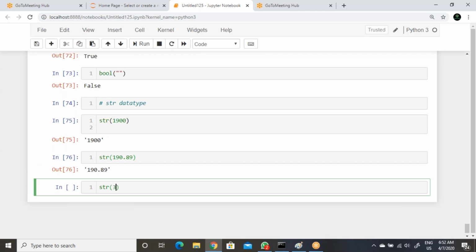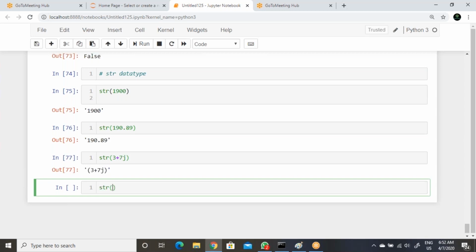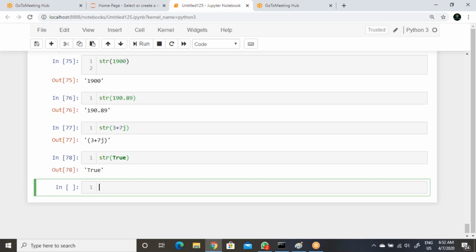Then it is converting. True is a boolean, and it is converting into a string. Then string of false also. Just adding quotes, that's it, for every value.